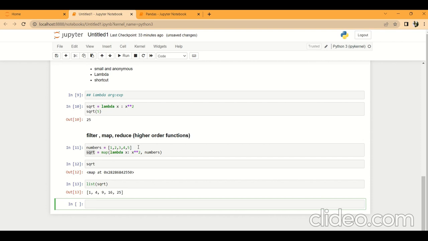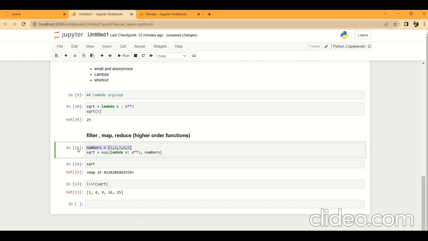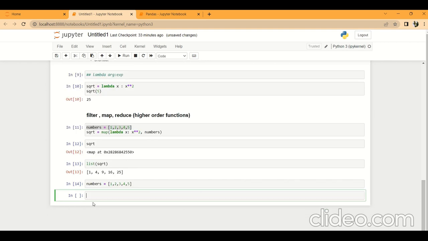The filter function takes two arguments. One is a function that takes a single value and returns true or false depending on whether the value should be included in the output. Let's try an example. I'm taking the same list of numbers we have here, and now I want to bring even numbers. Even numbers equals, first we write a lambda function and then apply it